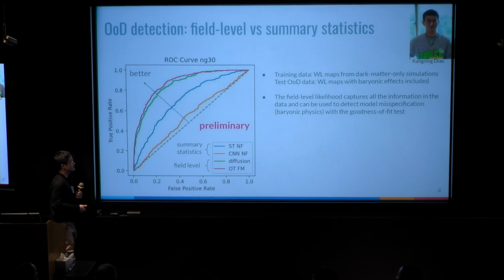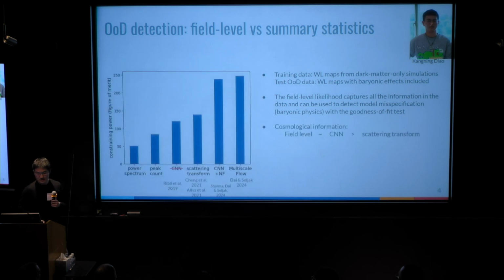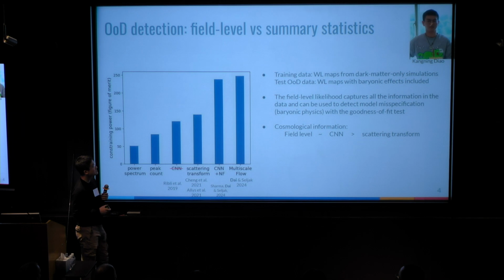And then the orange and the red are field-level likelihoods learned with either a diffusion model or a continuous normalizing flow model. We see that they are all not diagonal, which means they all kind of work. But we also see that the field level actually performs much better than the summary statistics. Which is actually pretty interesting, because if you look at the cosmological information content in the CNN compressed summary